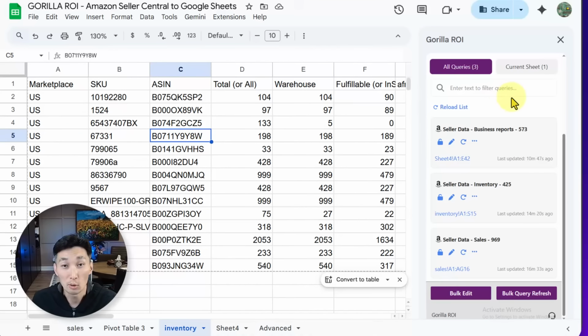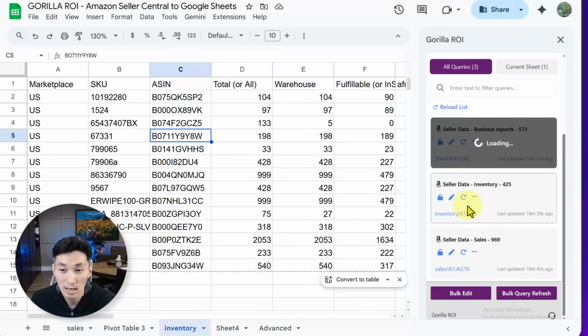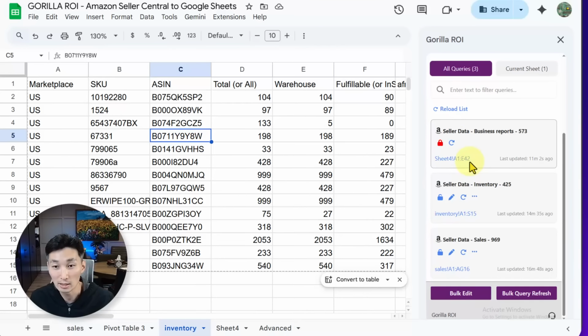Some other features that we have to make life easier is, let's say you have a specific formula that you don't want to be edited, then you can lock it into place. And by doing so, it's going to prevent anybody from editing the formula, from accidentally deleting the query. You can also refresh a single particular data set or query directly from here.